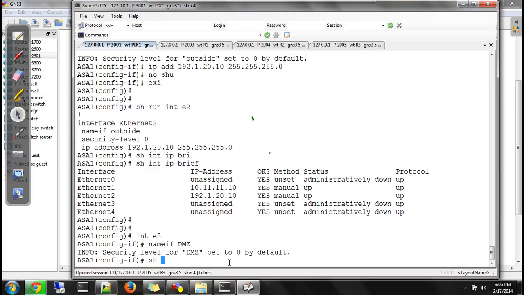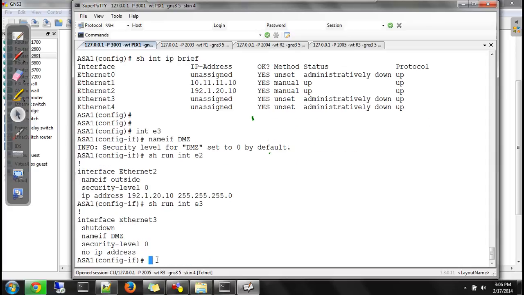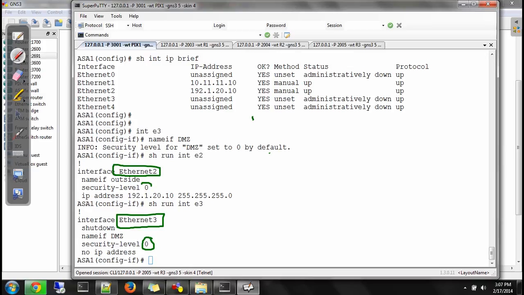If I say show running interface E2, E2 already has security 0, and now I have assigned interface E3 also the security value 0. If this is the case, on firewall two different interfaces with same security level cannot talk.